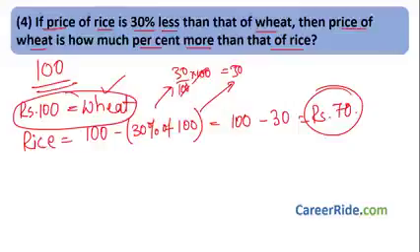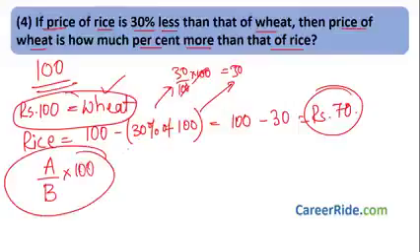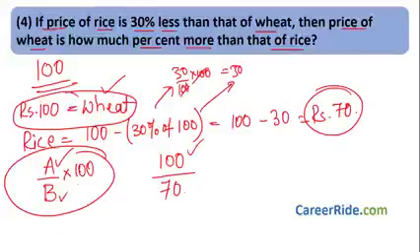Now over here, we want to find out how much percent more is wheat's price than the rice price. That means how much is wheat's price of rice price, and in percentage, right? So this is what we saw in the previous sum. So wheat's price, that is 100 rupees, of the rice price. That means the rice price should be in denominator, so 70. What we saw was quantity 1's percentage in relation to quantity 2. Same way, price of wheat in relation to price of rice, and we want the percentage, so multiply by 100.